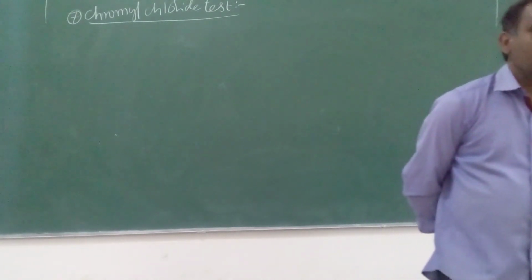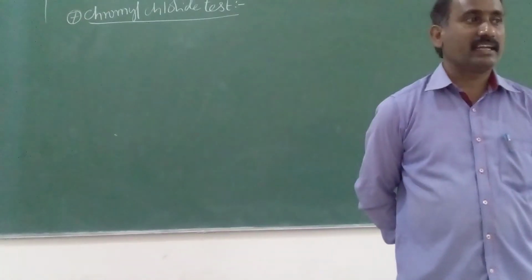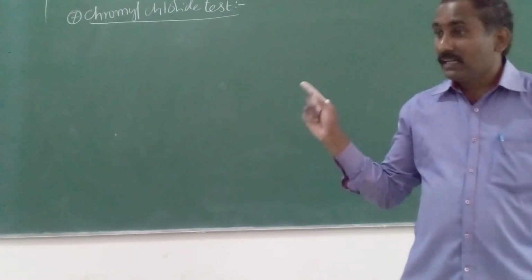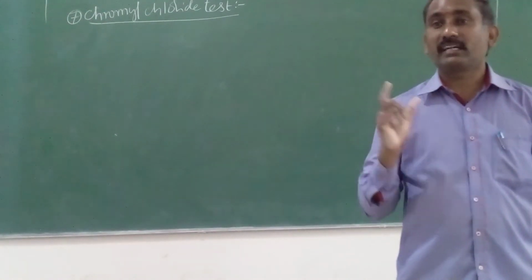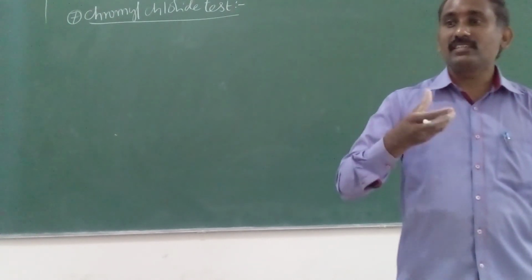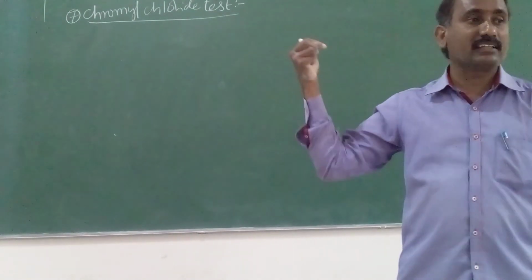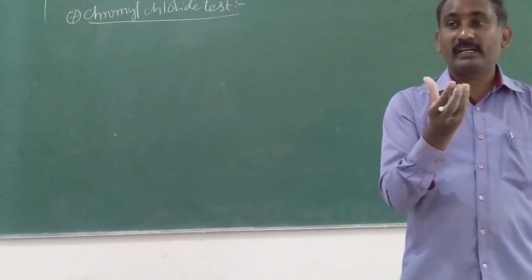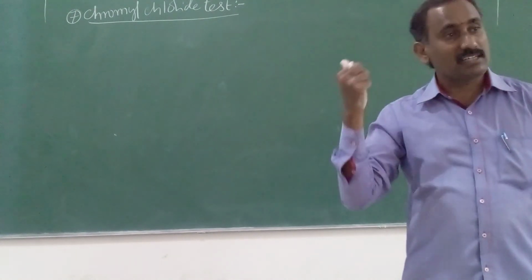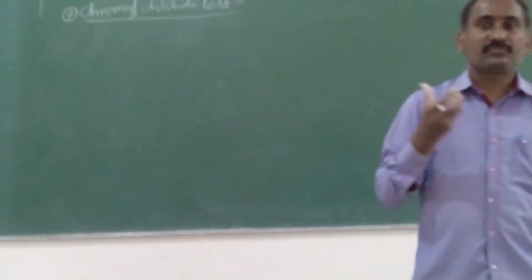In first year chemistry laboratory we did the confirmation test for chloride radical by adding silver nitrate. Like that, this is also one confirmation test. But in the laboratory we are not using this test because orange red fumes are evolved, so it is dangerous to health. That's why in lab we are not conducting this test. Instead, we add AgNO3 solution, a curdy white precipitate is formed, then chloride is confirmed. It is also one of the confirmation tests, but we are not using it in lab because poisonous fumes are liberated.